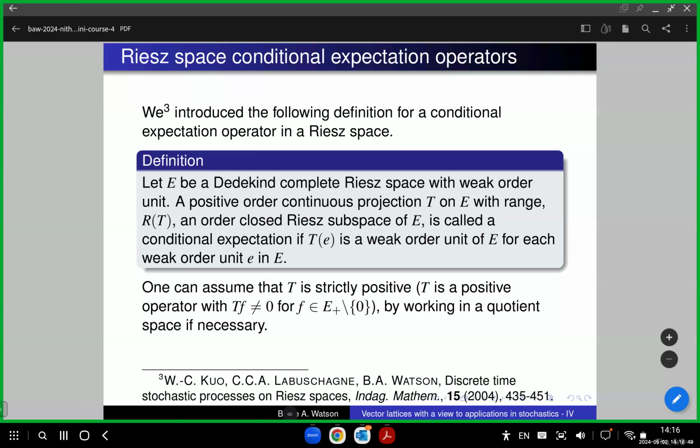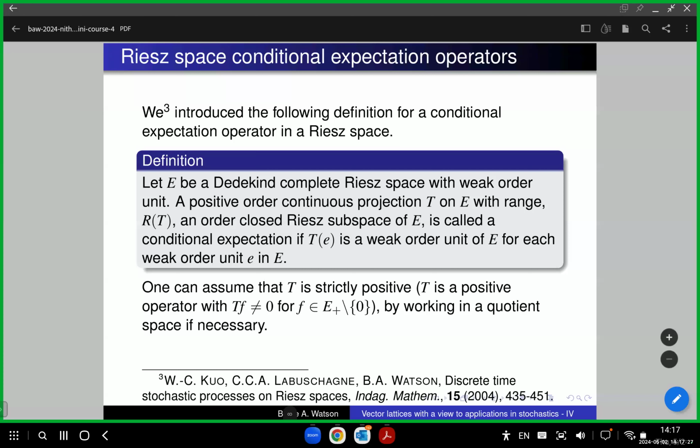So this led us to the following definition many years ago. It's actually 20 odd years ago now, when it was published, of a Riesz space conditional expectation operator. And this originally appeared as part of Wen-Qi Kuo's PhD thesis. And we defined a conditional expectation operator in a Riesz space, Dedekind complete Riesz space with weak order unit, to be a positive